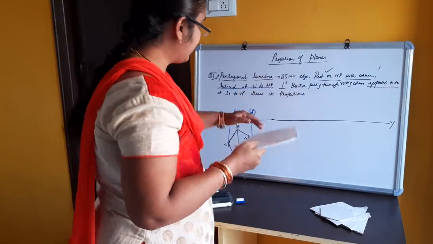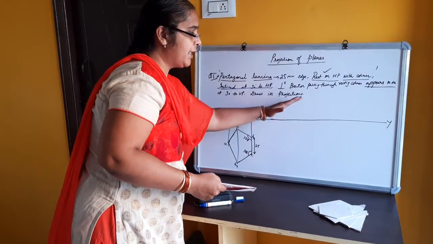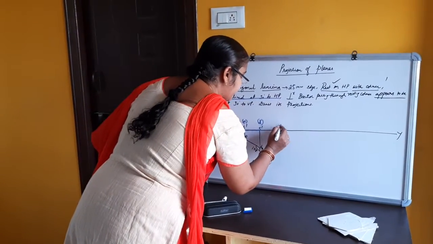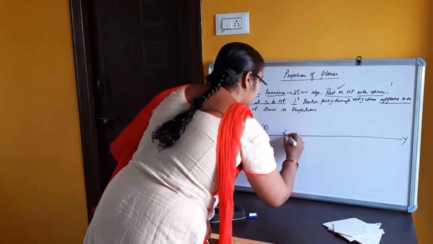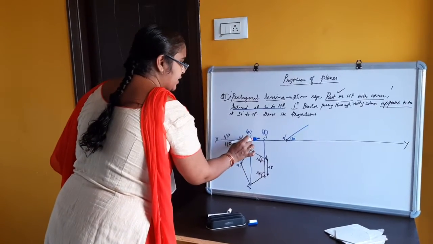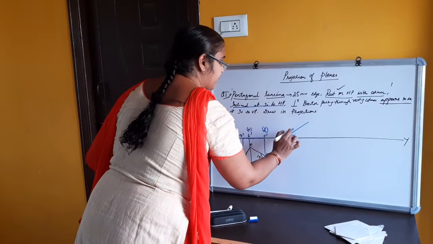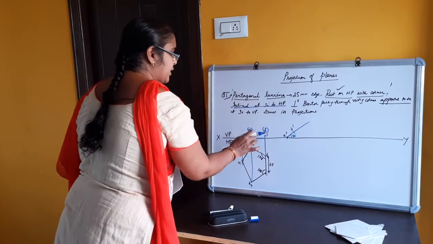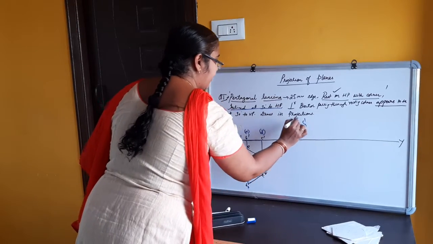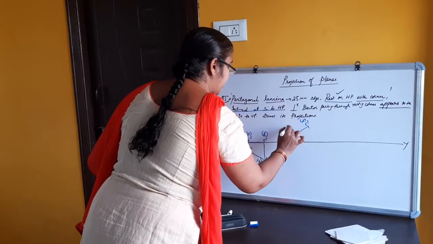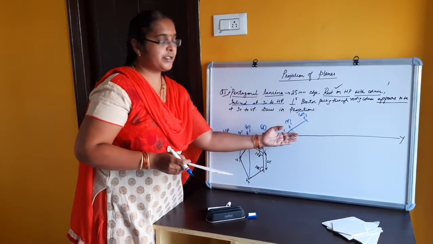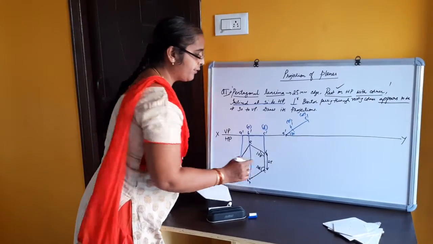Front view, again the same front view appears as a line at an angle of 30 degrees. Keep the point A dash fixed, measure this length and draw the same line at an angle of 30 degrees. Measure the distance from A dash to B dash and transfer with an arc. This is point B dash. Now from B dash to C dash, measure and transfer with an arc. And write the points D dash and E dash. Okay. So now I have drawn the second stage of the lamina, that is the front view of the lamina.